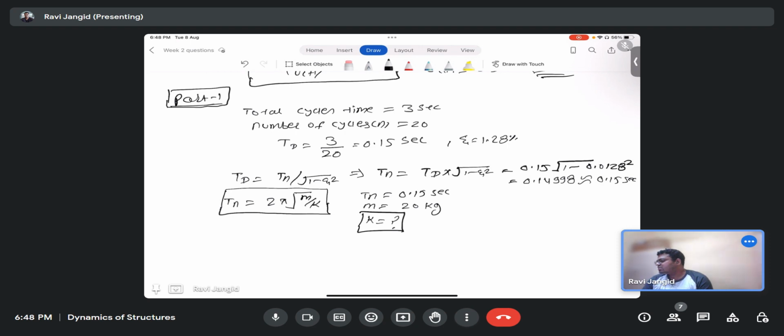Are you saying this? No, 35.056 into 10 raised to 3. And the unit? It is